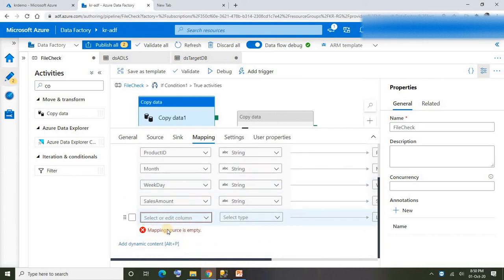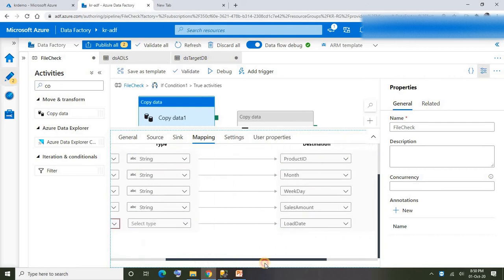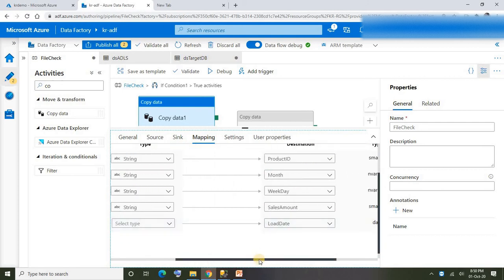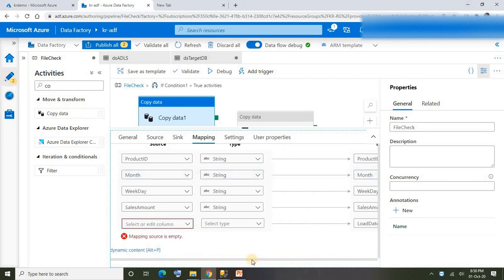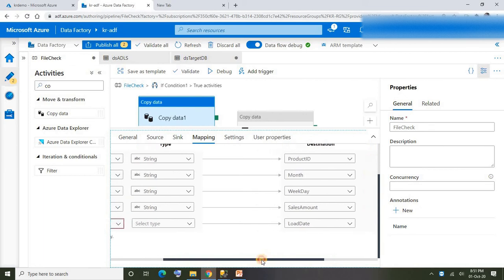If you go all the way down, there is one column in the target table, but the value is missing from the source, right? That is load date. What I did here is, on the load date column I created a default constraint which will automatically get today's date. Whenever our pipeline executes, that date would be the default value for the load date field in our target table.